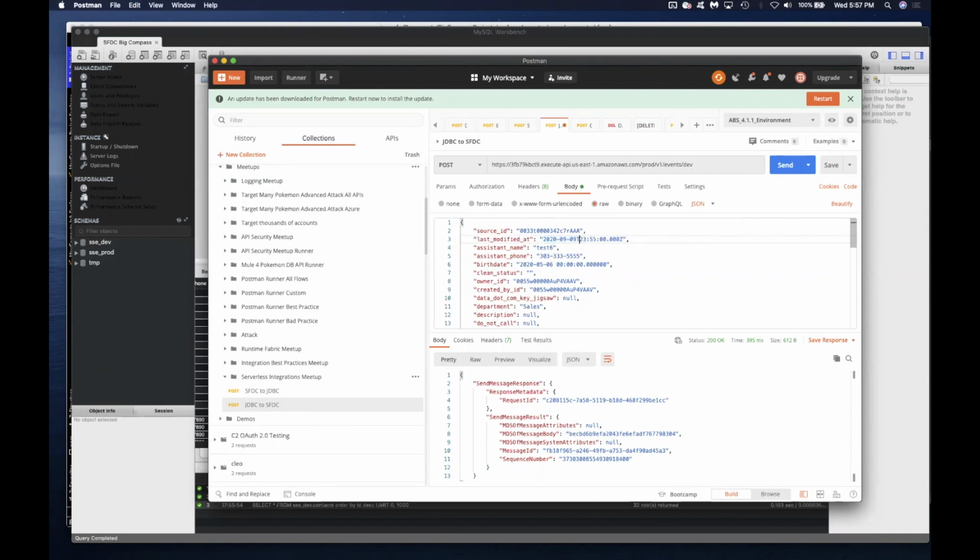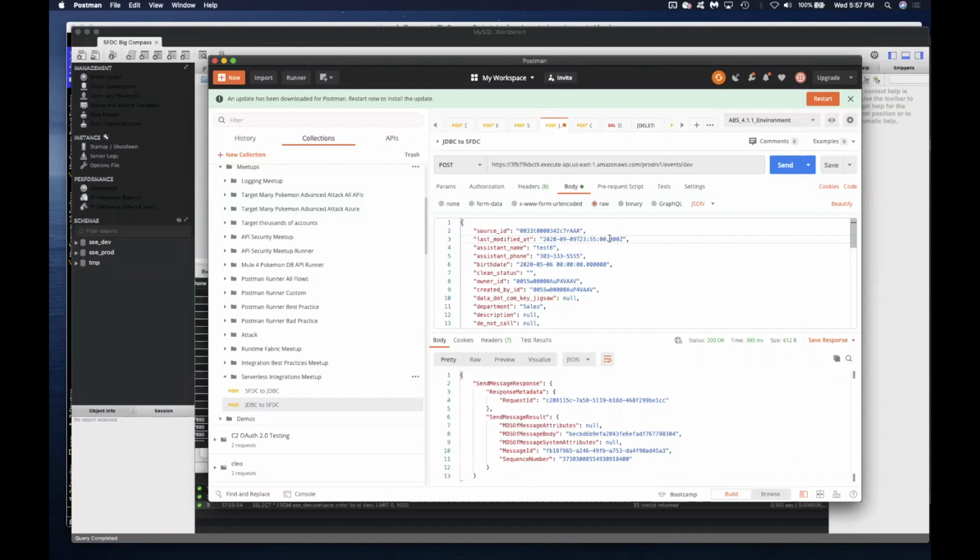So what I'm doing here really fast is just making a quick configuration to mock that we would also be syncing a change back from the database to Salesforce now. So instead of going from Salesforce to the database, we're going change in database back to Salesforce. But what I did here is that I didn't change anything. I used the exact same object that I just made the Salesforce update with, and I used the same last modified at, and we're using this last modified at for part of our duplicate detection.